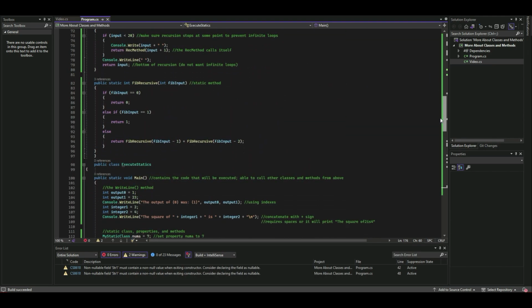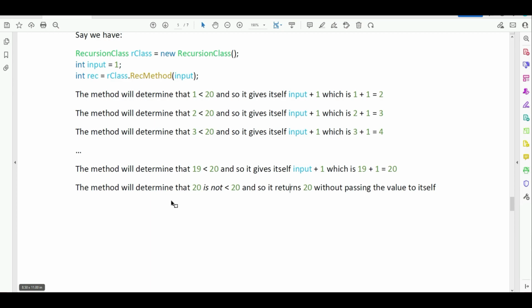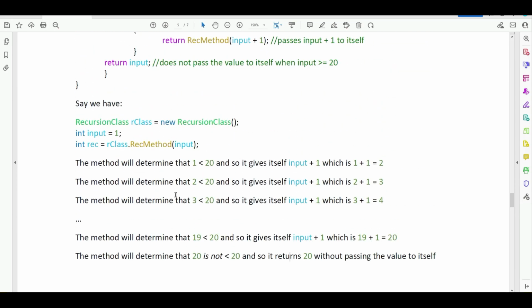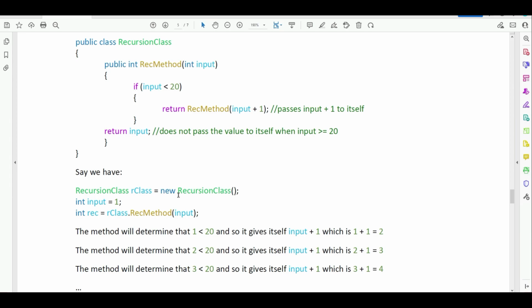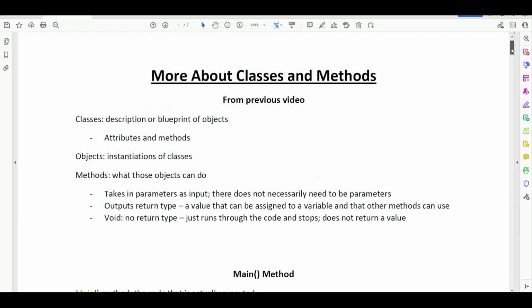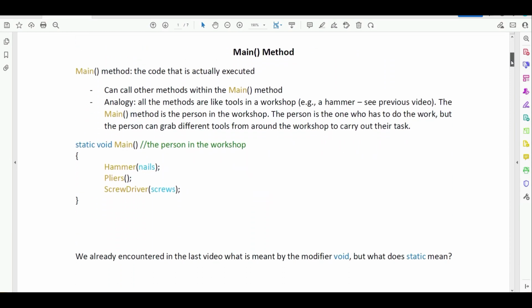Again, like I said, I challenge you to look at this method right here and try to determine where the bottom of it is and what it's doing. In future videos, I'm going to describe what's going on with that when I get into recursion. For the purpose of this video, I just wanted to show that recursion is a thing you can do with methods. But anyway, this video is getting a bit long, so just to sum up what we talked about,